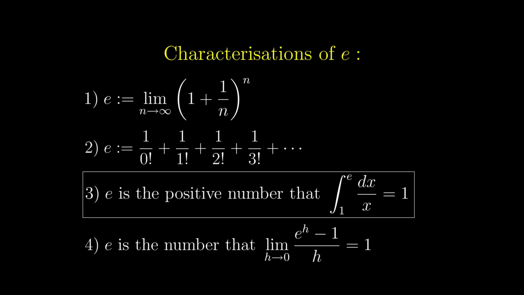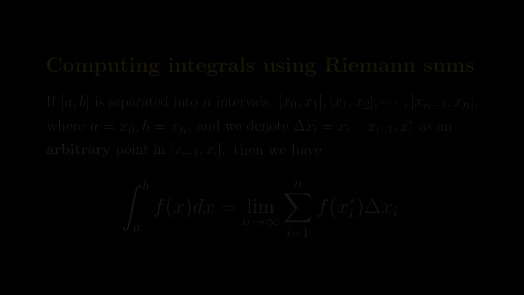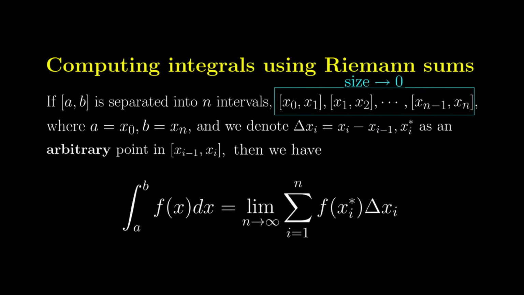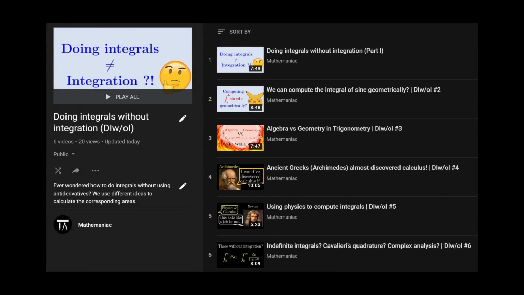In the first video in the series doing integrals without integration, we consider rectangular strips of the same width. And I said it is an illustration of Riemann sums. And the method used in this video is also Riemann sums, and this shows the flexibility of using Riemann sums to calculate some integrals without using antiderivatives. This should be really the last video in the series unless there are other ideas that fall into the scope